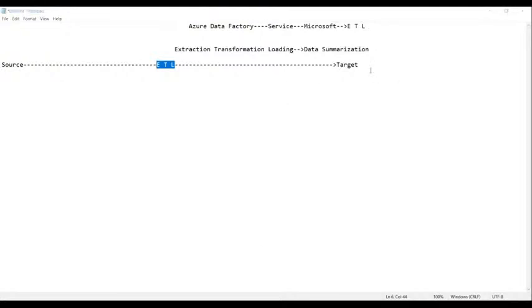Okay, guys, here, can you see source? Actually, source means what? Can somebody tell me? What do you mean by source? Source is a starting point where we can find the information.